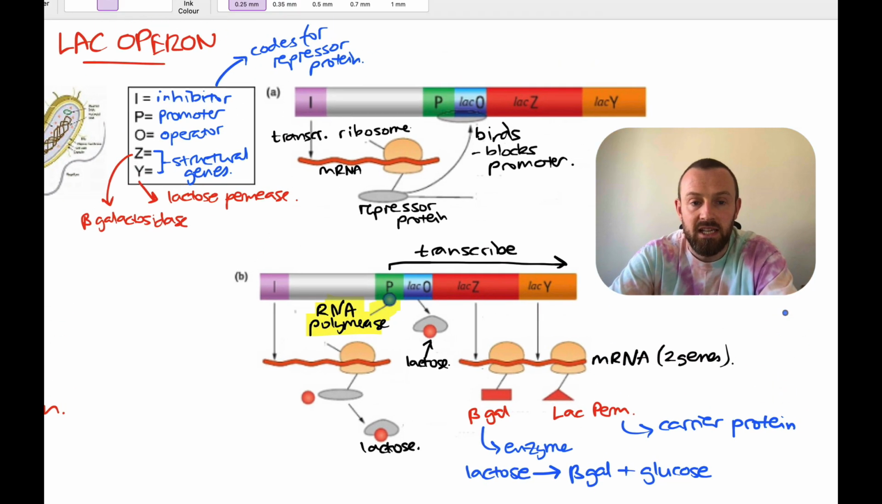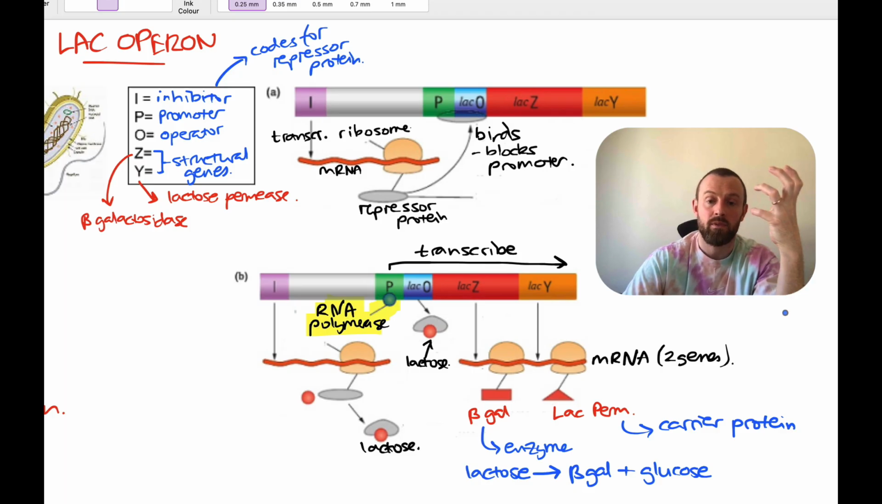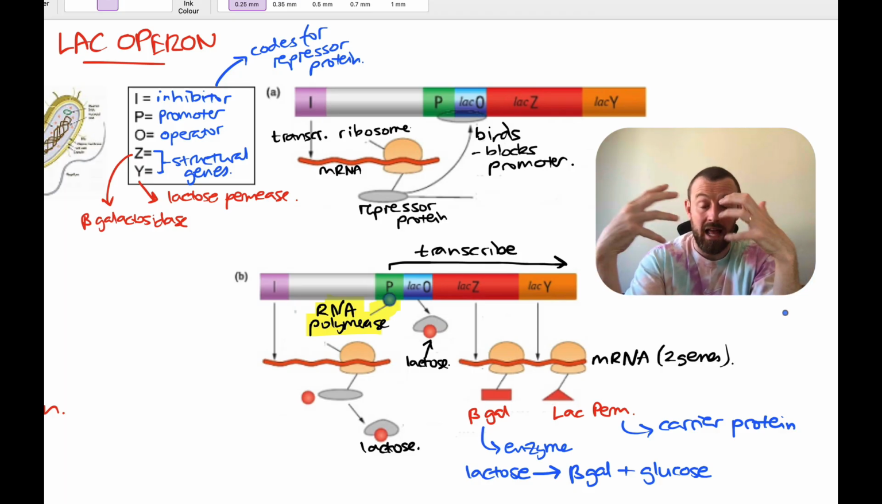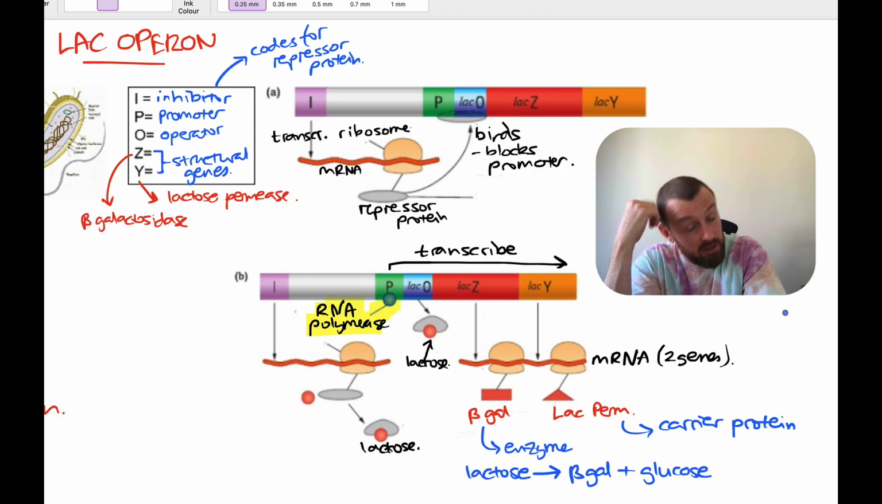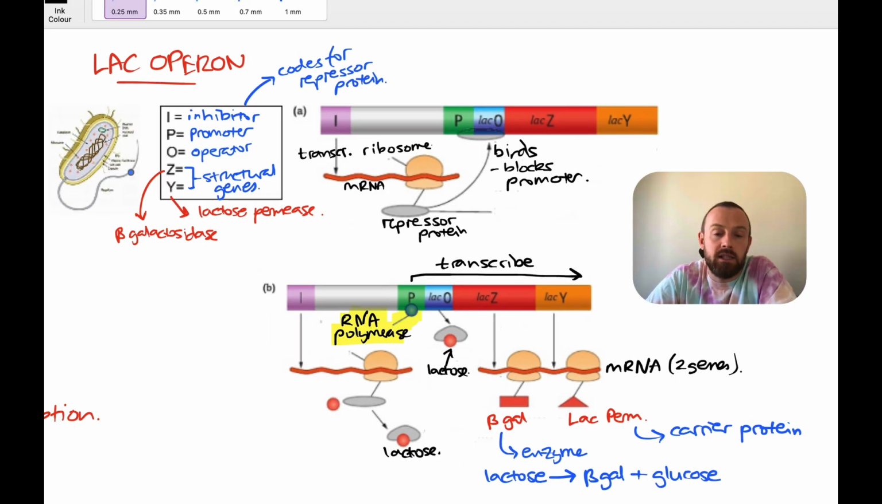Okay, so that is an example of how transcription can be turned on and turned off like a switch, basically, in response to the presence of lactose. If lactose is there, then the genes will be transcribed and the bacteria can use lactose as a respiratory substrate. If lactose isn't there, it doesn't bother wasting the energy. Okay, so this is a good thing for the E. coli bacteria. So that's the Lac Operon as a case study of how we can switch on and switch off